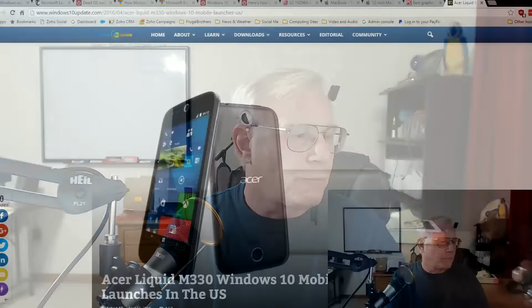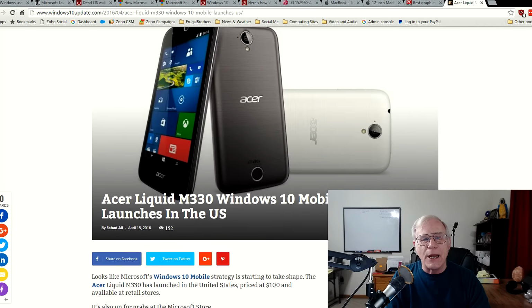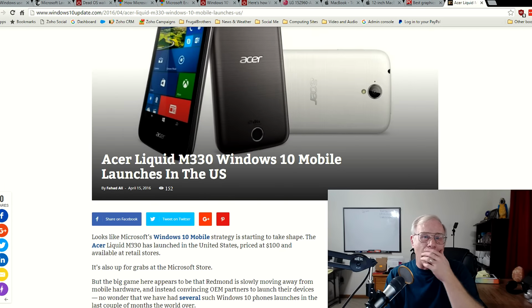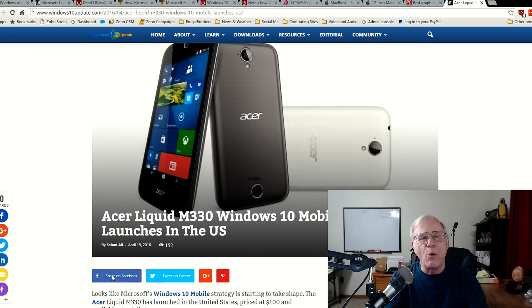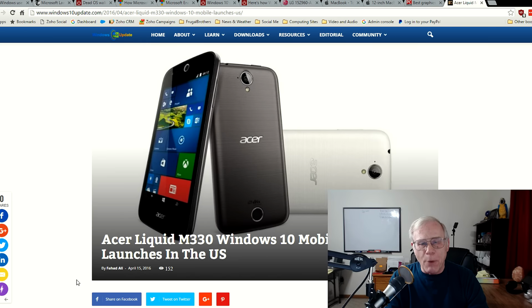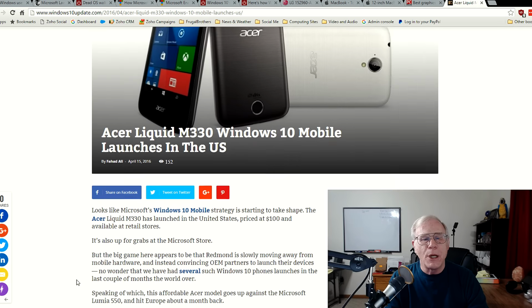And we're going to wrap this up with one more item, which is that Acer now has the Liquid M330 Windows Mobile phone. This is a $100 smartphone running Windows.